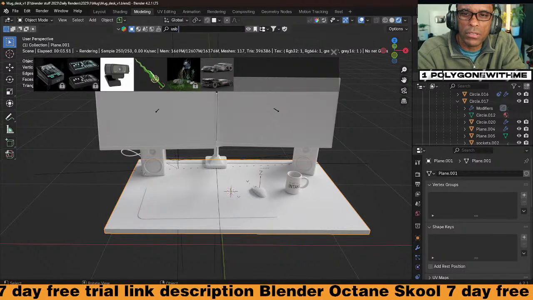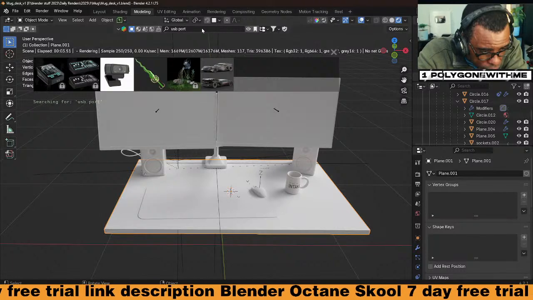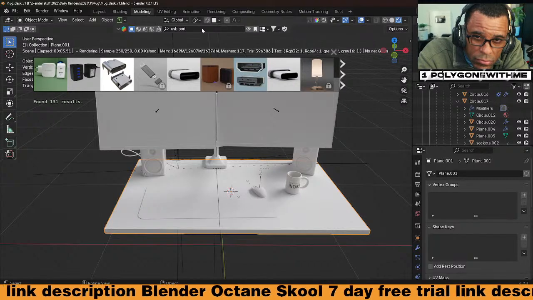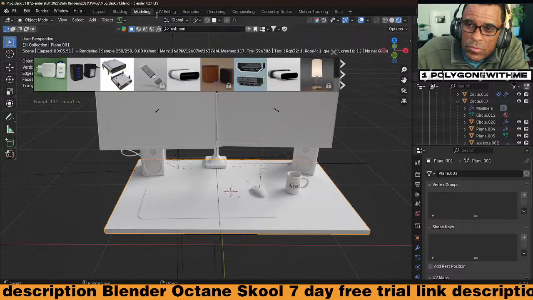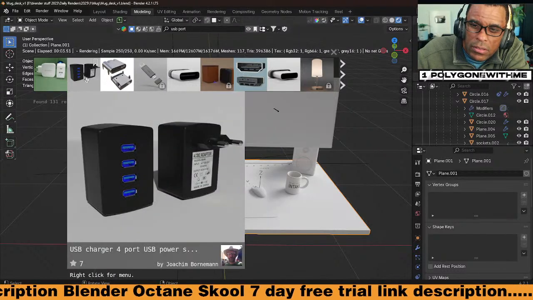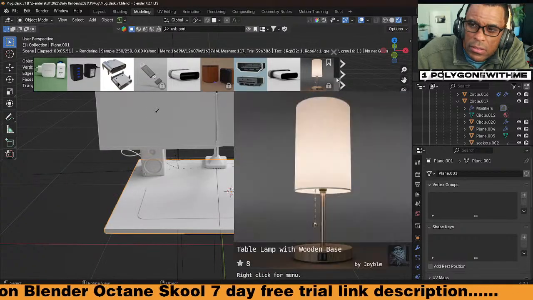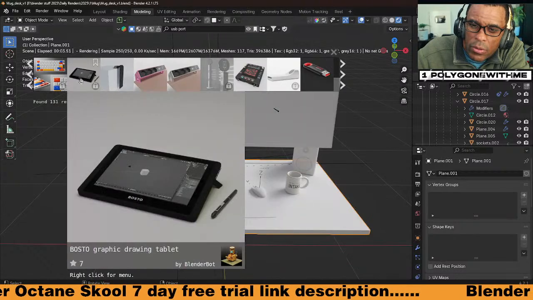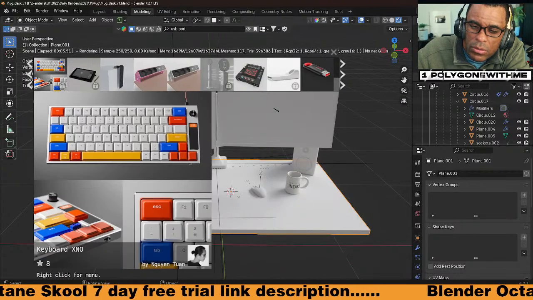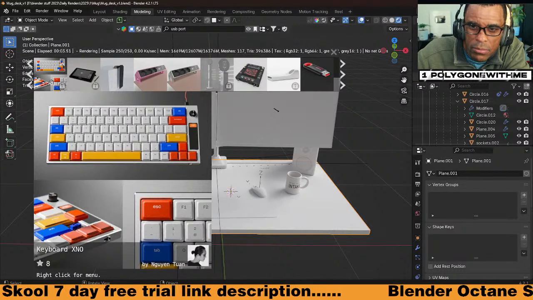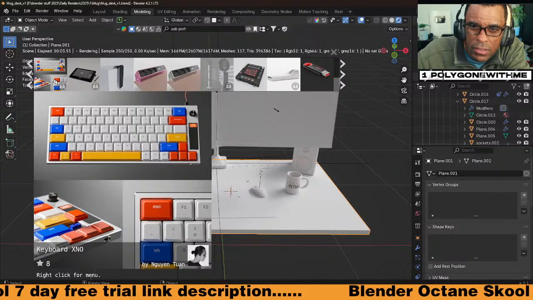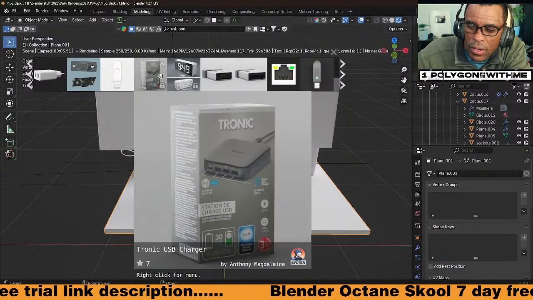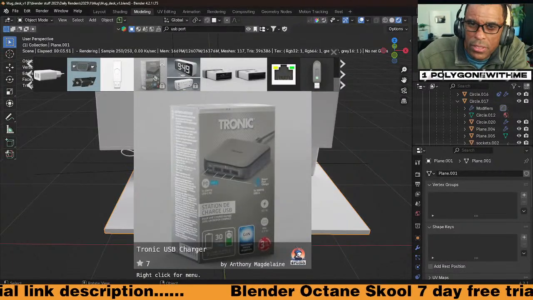USB port. I probably said it. Oh, that would be cool to put on the desk. Ooh, yeah, I forgot about the keyboard. Definitely we need a keyboard. Ooh, this keyboard is pretty freaking cool, dude. Man, like, if I would probably... Ooh, that's exactly what I would like, but it's in a box.